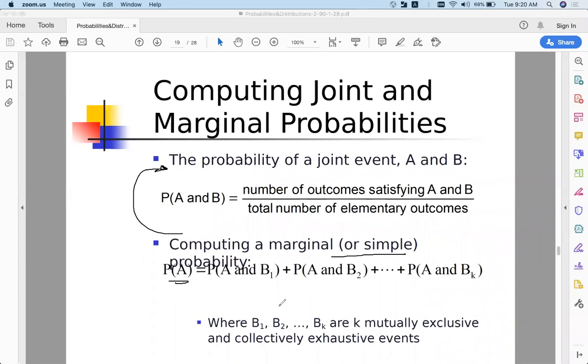The way you can write it down is, if you have another event or another characteristic, B1, B2, and so on up to Bk, where B1, B2 and Bk are K mutually exclusive and collectively exhaustive events, then yes, you can write the probability of A in this particular manner. I hope you understood this, or maybe you understood something out of this. So what I'm trying to explain is, let's say